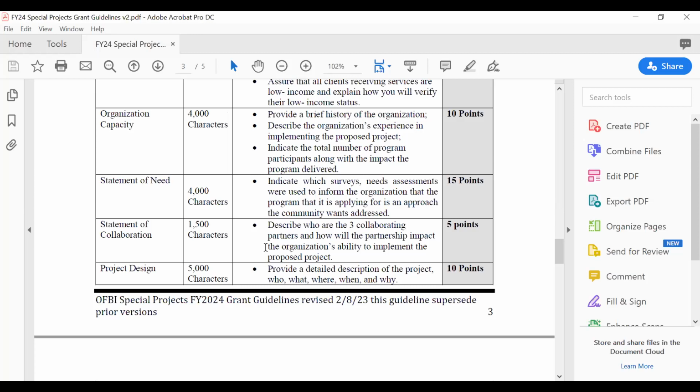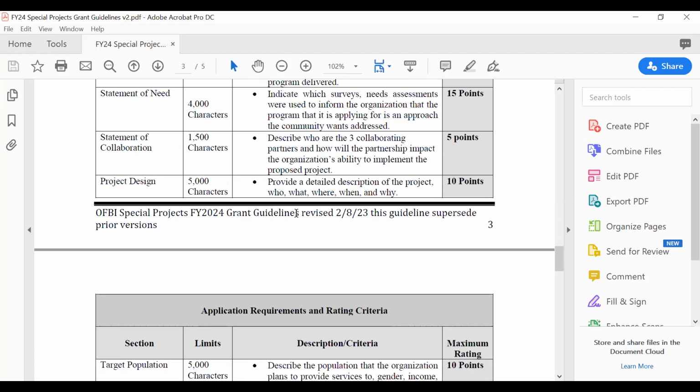It's a partnership or collaboration, whichever word you want to use, where you will refer your clients to them, or they will refer clients to you, based on the services that one provides and the other doesn't, right? Or it's a collaboration where an organization or a house of worship is allowing you to use their space pro bono. That's a collaborative partnership as well. And then we're going to ask you to upload 3 letters of collaboration, and I'm going to show you how that works.